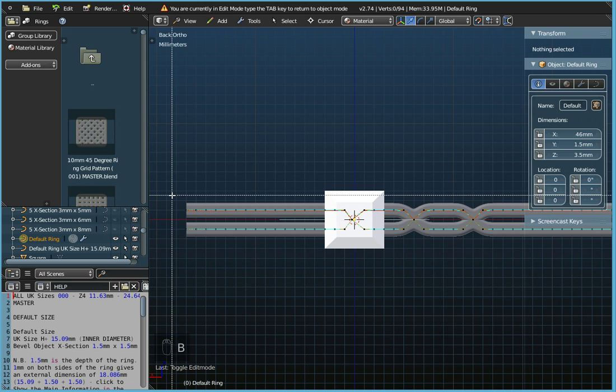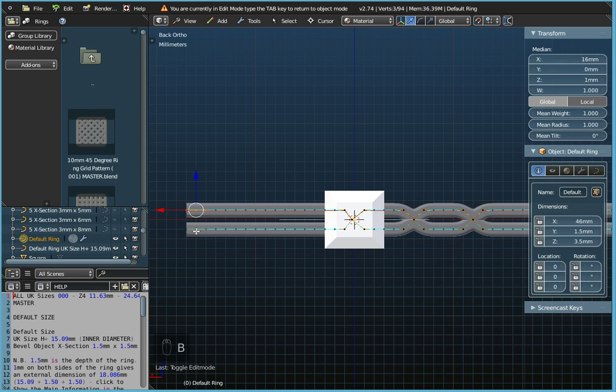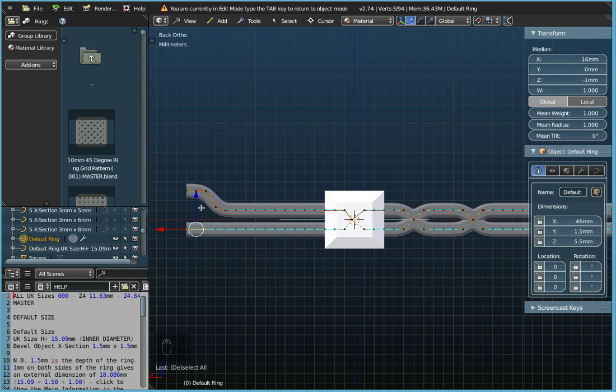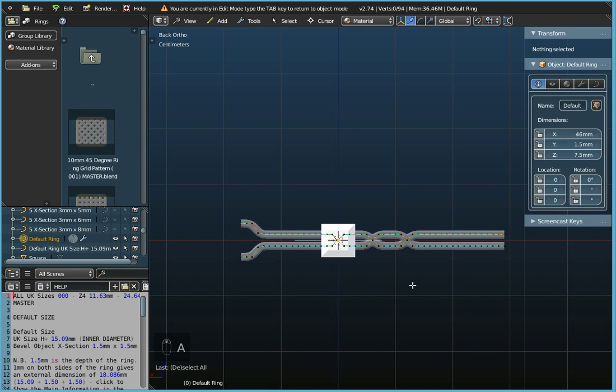and if I just press B on the keyboard for box or border select, if I just highlight the last three control points there, and if I just move them up, and I'll just change the proportional editing slightly, I don't want to go too far because I'll move the second part of the shank, and I don't want to do that. So I'll just move it up 2 units there so that it's in line with this side of the gem. And then A to deselect, B for border select again, and again just select 3 control points and just move it down 2 units so that it's in line here,